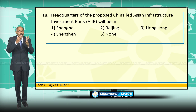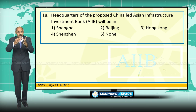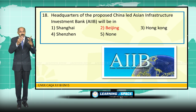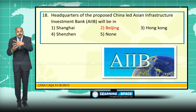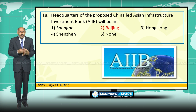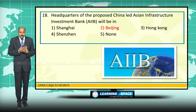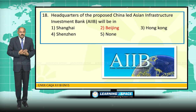Friends, look at the next question. Headquarters of the proposed China-led Asian Infrastructure Investment Bank will be in Beijing, tipped to be a rival for World Bank. Recently, Australia announced that it will join. Several European countries have also expressed their intention to join this bank, which is not palatable for the United States of America. Now, World Bank is dominating the operations of various countries across the world. The United States of America is not able to digest the decision of several European countries as well as Australia to